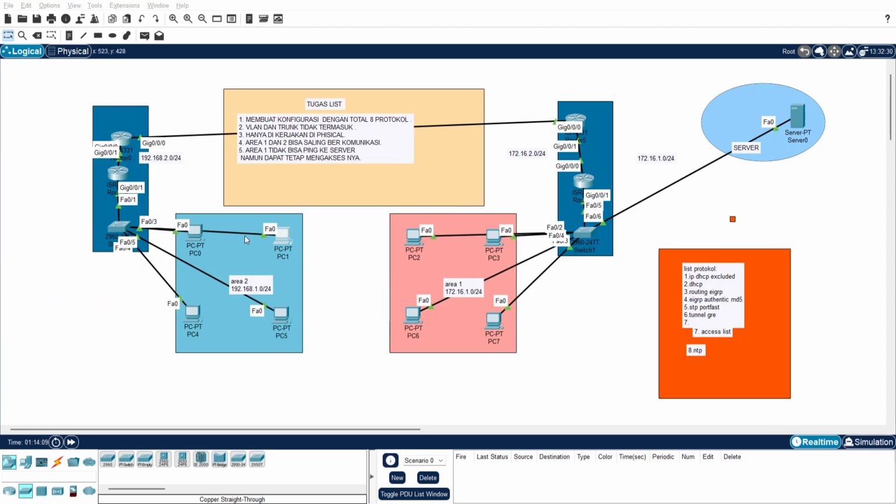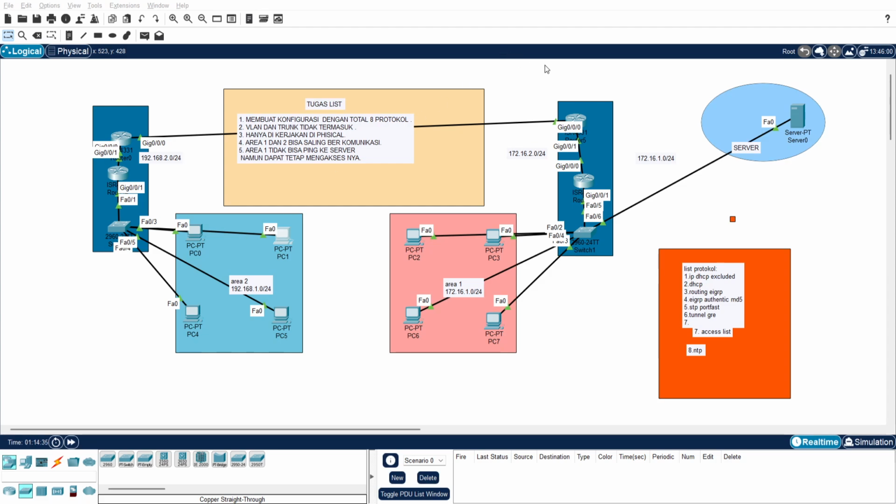And how can PC1 have an IP address of 1.12? It's because of the DHCP excluded. I made it so the DHCP cannot take the addresses 1.1 until 1.10.